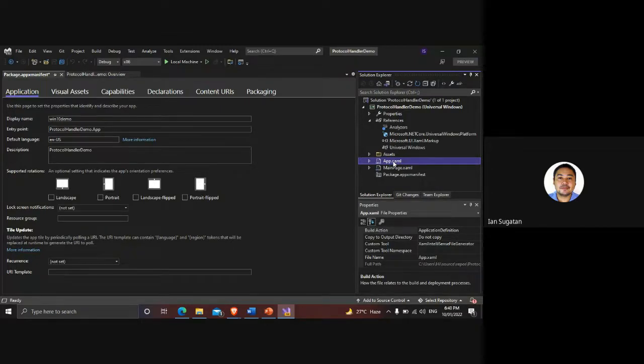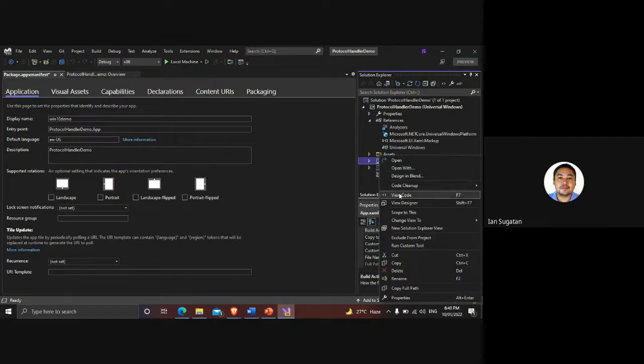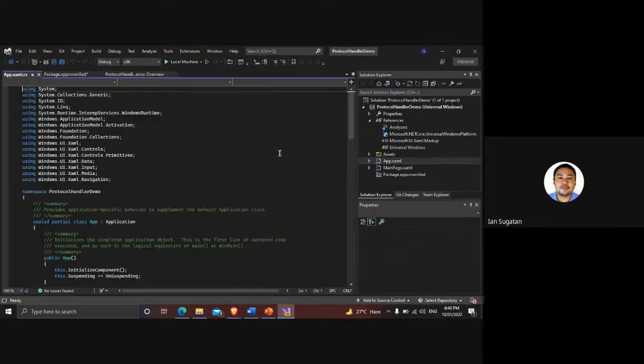Then what we're going to do is right click and view code. Remember, you right click and view code not on the main page but on the app.xaml. So when you right-click and view code, guys, it opens